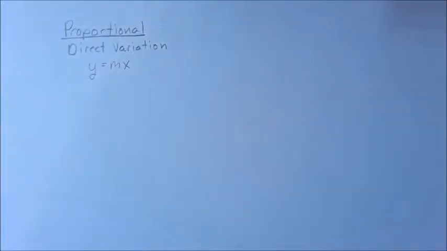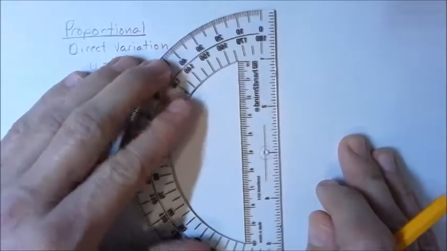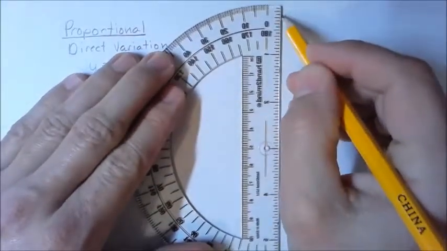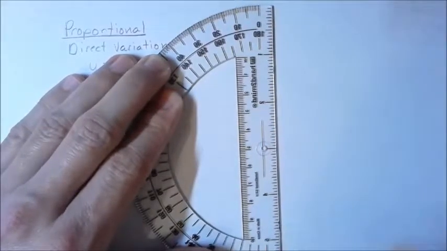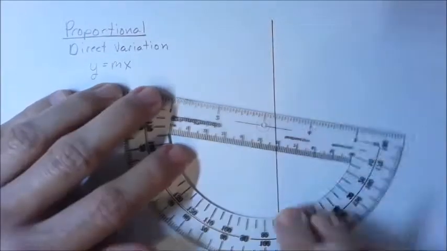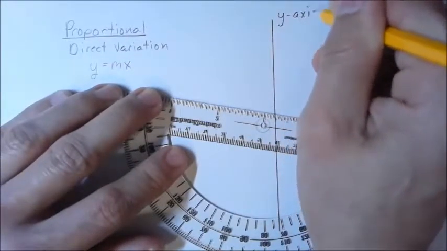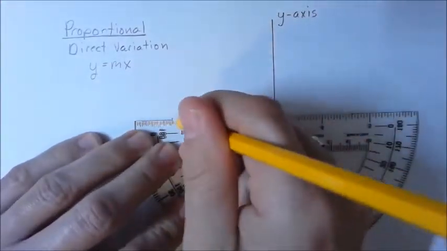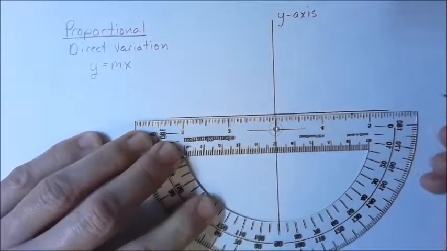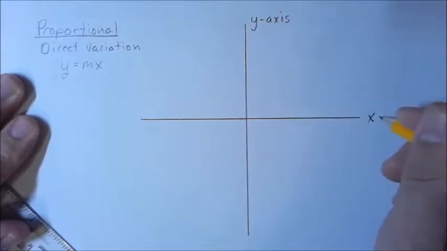So now that we have that, we need to go ahead and create our graph. So first we'll make our y-axis. Next we'll make our x-axis, and we can label that as we make it. I'll put y-axis, and then I'll put right here, I'm going to scoot this over just a little bit, x axis,